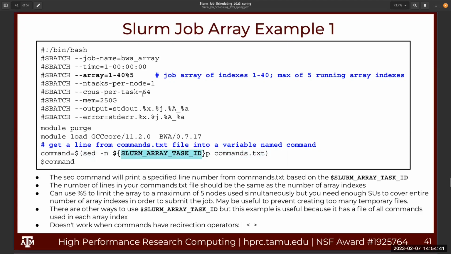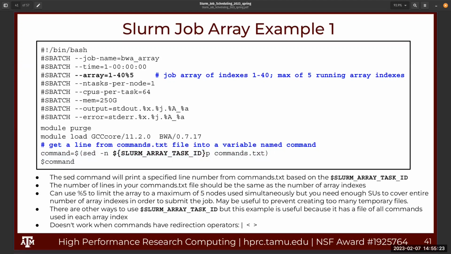Task ID, remember, this is from 1 to 40. So basically what you're saying is use this sed editor, take out line 1p. This p is the way to indicate for sed to take out line 1. So show what's in line 1 of this file and save it to this variable, and then run that command. This might take a little practice to get used to, but once you understand this, it can help you run jobs better instead of submitting